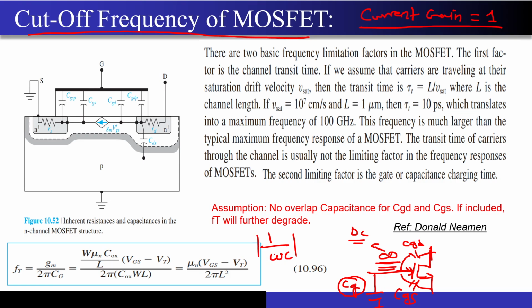If I look at the magnitude, so 1 upon omega C, if omega increases, what happens to this number? Omega is 2 pi f, correct? So 1 upon 2 pi fC. Now I'm asking what happens to this value if my f increases. Will this decrease or increase? Yes, very good. If frequency increases, that means impedance decreases. If the impedance decreases to a finite value, then current can definitely flow through it. Then current can definitely flow through the gate of the MOSFET.